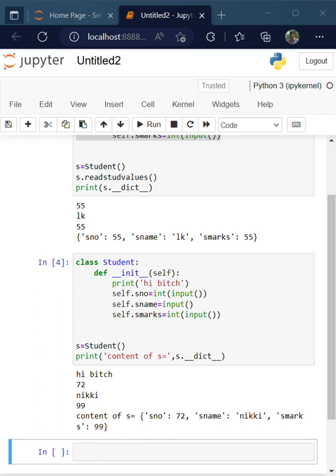What does the block of statements perform? If it is a method, it performs operation. If it is a constructor, it performs initialization. Only self, if I write it, is known as which constructor? Default constructor. If I write self along with a list of formal parameters, it is called